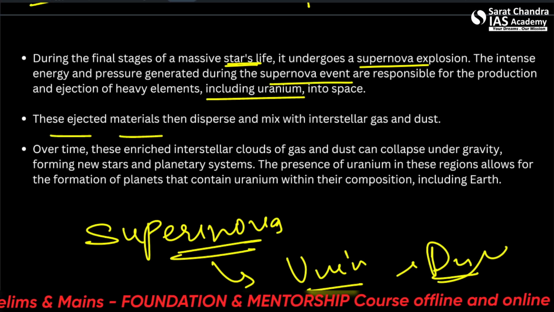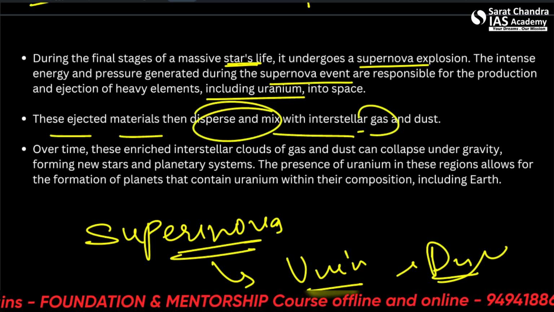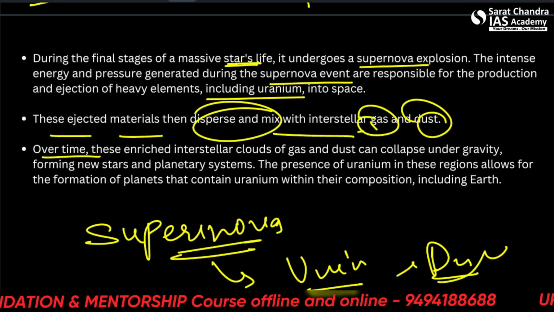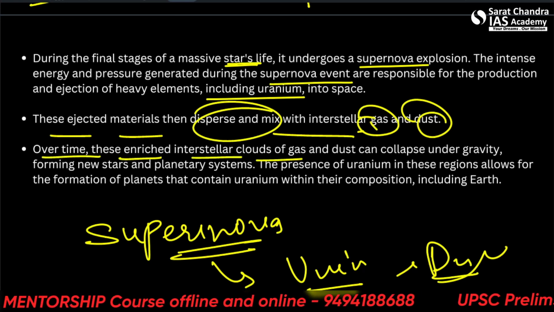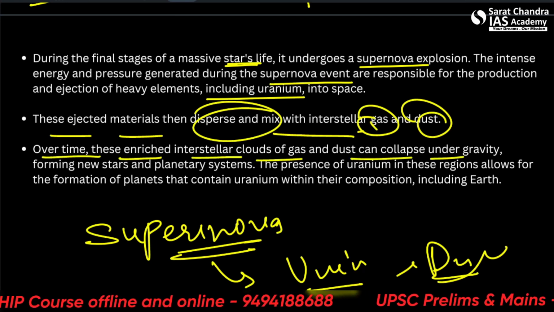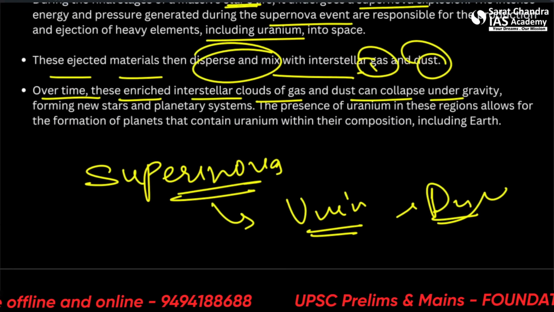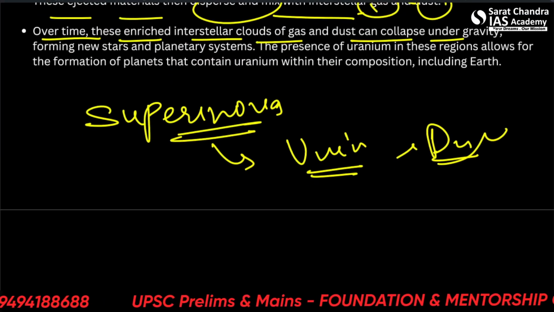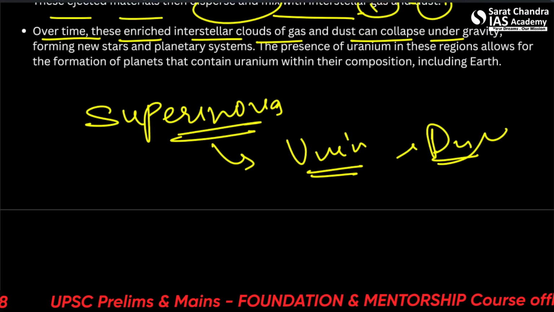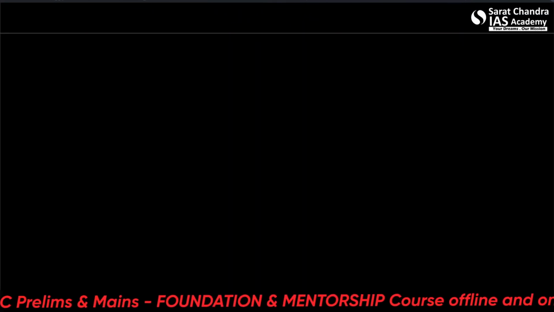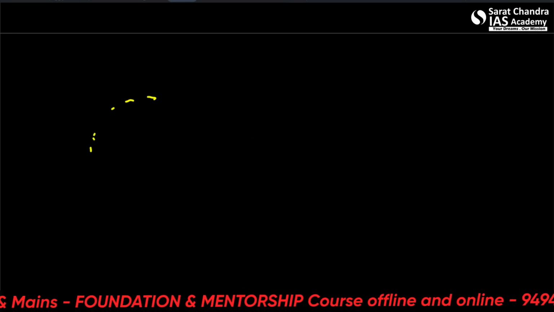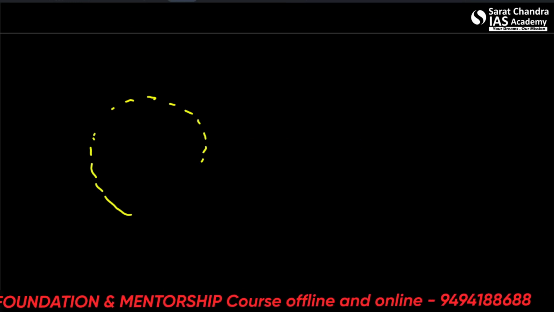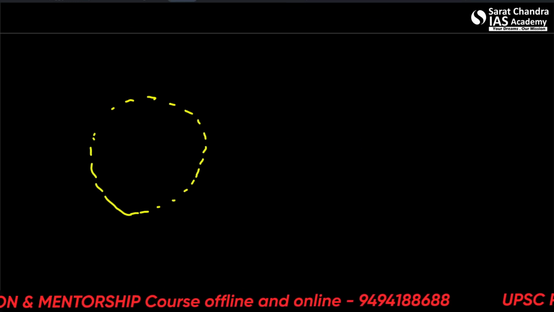So these ejected materials then disperse and mix with interstellar gas and dust. Over time, these enriched interstellar clouds of gas and dust can collapse under gravity, forming new stars and planetary systems. The presence of uranium in these regions allows for the formation of planets that contain uranium within their composition, including Earth. So whenever Earth formed from the universal gases and dust under the action of gravity,